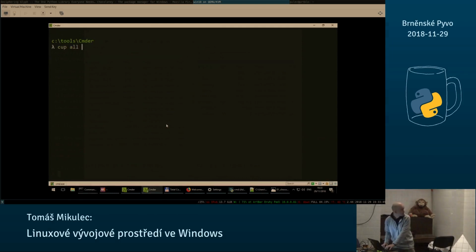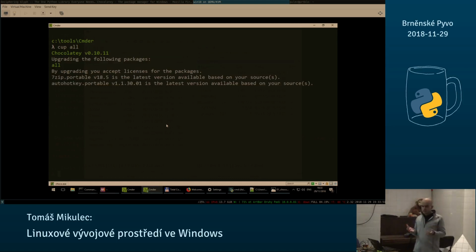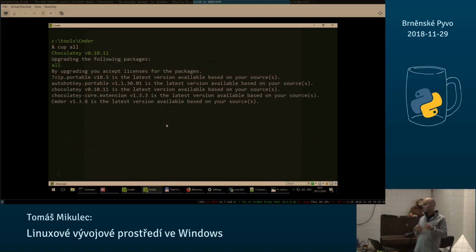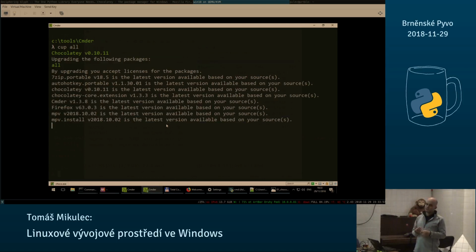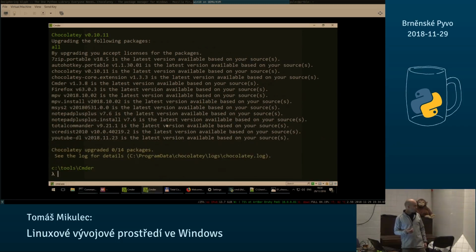And what you can just do is choco upgrade all, and it goes through all of your packages and updates them. So you don't have to go and install a new version and such. It just works like you are used to in Windows. So these are all the packages I have installed on this virtual machine, and probably there is nothing new because I just installed everything recently. This is what's very nice